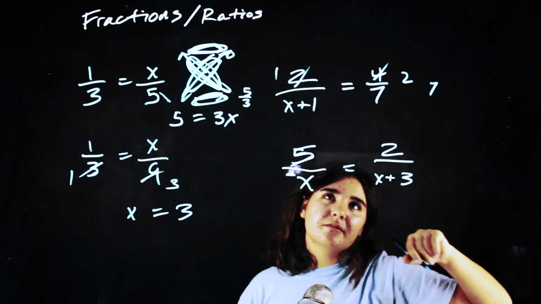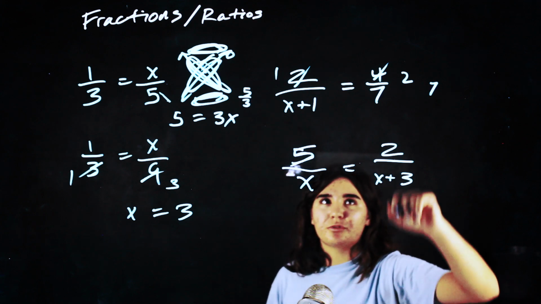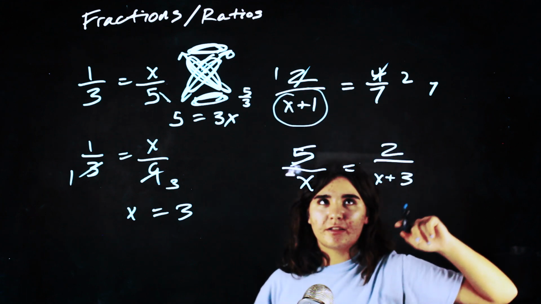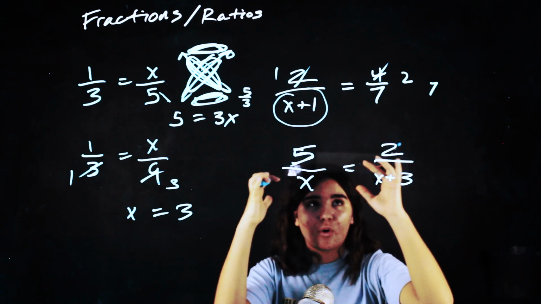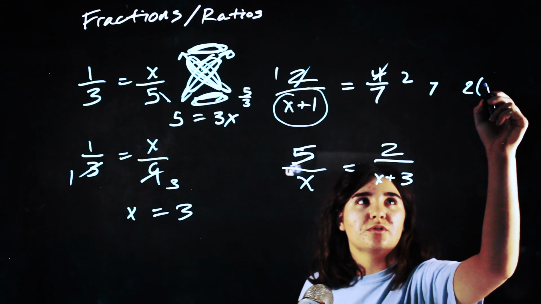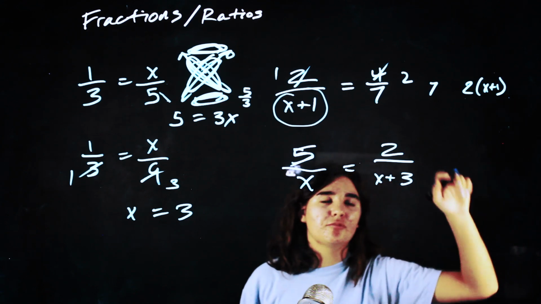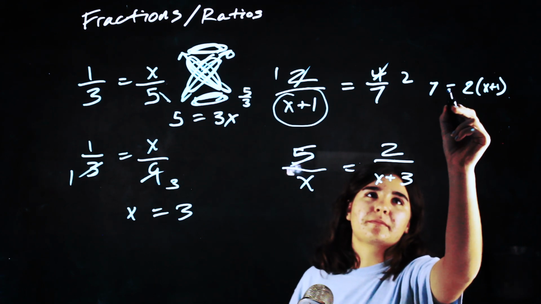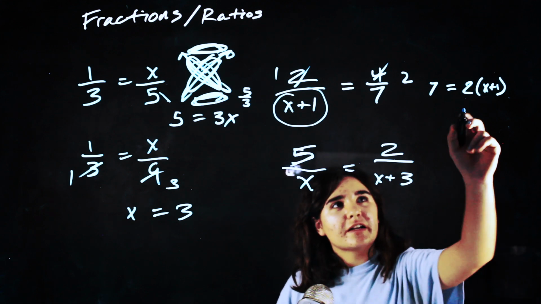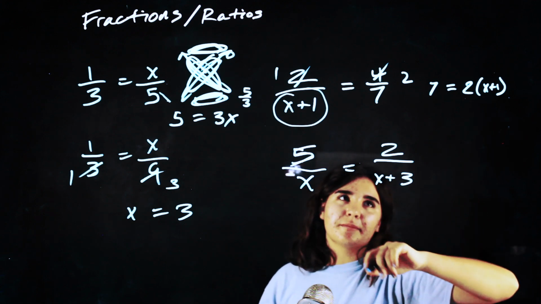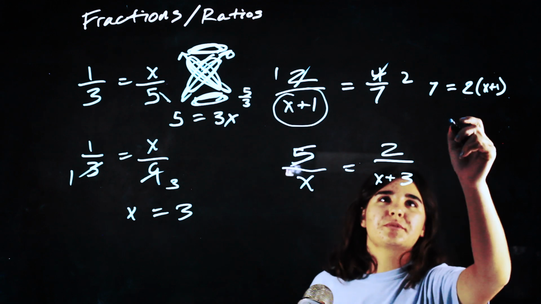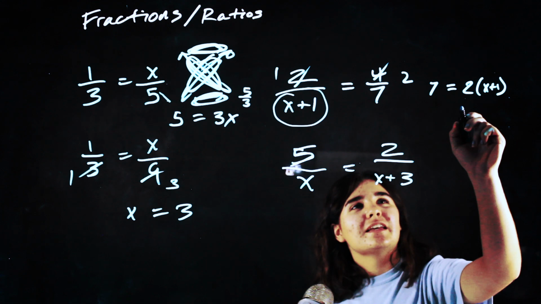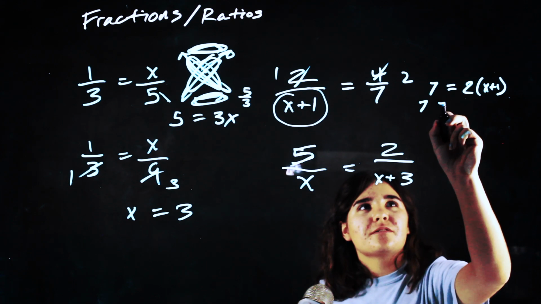This is a place where you really have to be careful because this 2 is multiplying to both of these terms, right? This 2 is being multiplied to that whole denominator. So it's going to be 2 times x plus 1 in parentheses because you're multiplying it to both terms. And then you're going to put the equal sign. If you want, you can divide by 2 on both sides, but it might be easier to just distribute. It's also good to practice the distributive property if you want. So you can do 7 is equal to